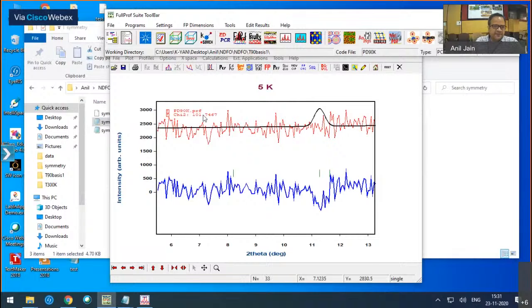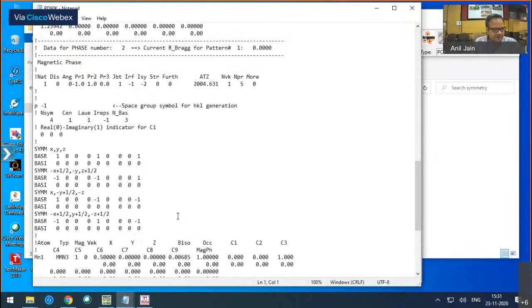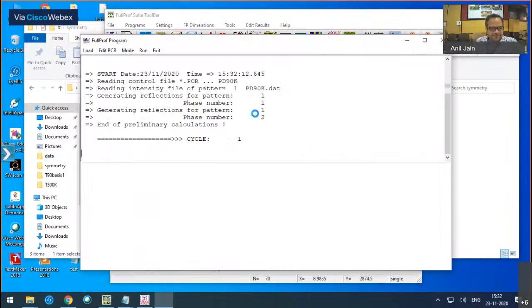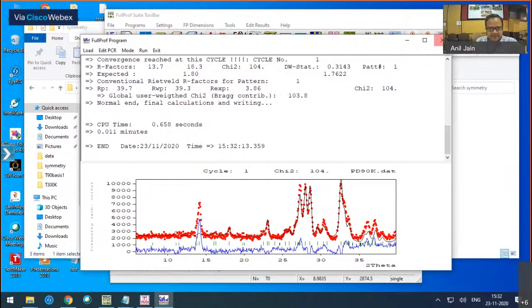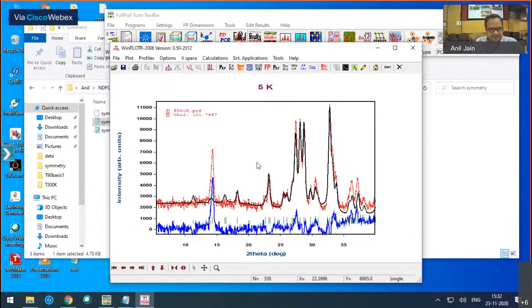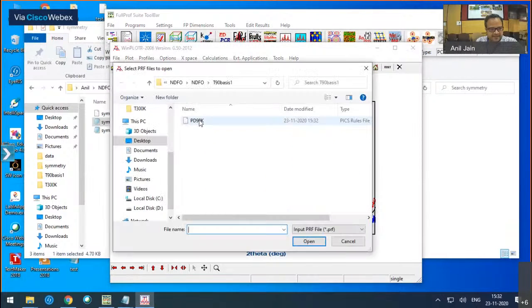C1, C2 0 means I have only the one coefficient which is C3. So as per this basis vectors, now I have only the coefficient associated with this. So my moment is along the C direction. And if I try to run this program, then you see it, this also does not help you in getting this